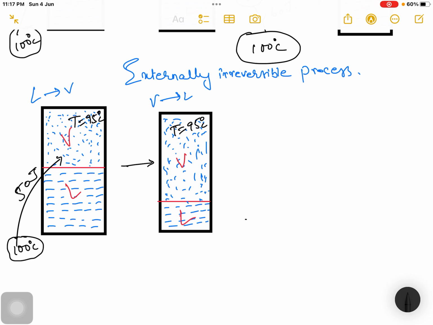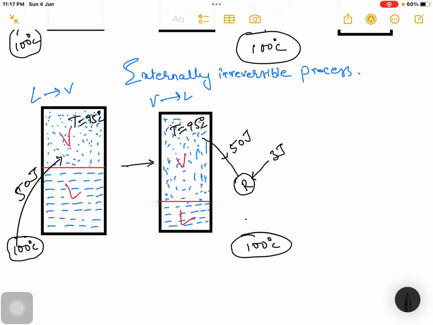I am extracting heat at 50 joules, and I am connecting a device called refrigerator, which is consuming 3 joules of energy. Totally,